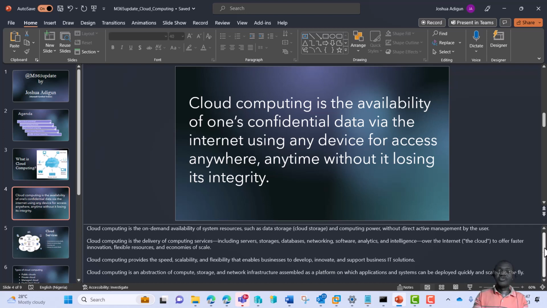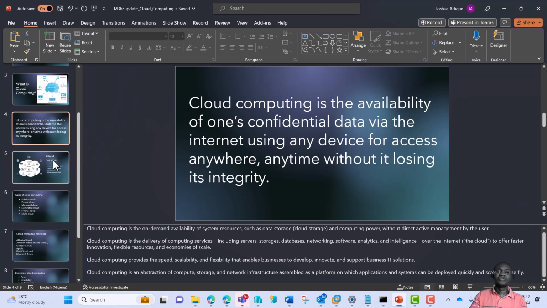However, if you are not able to access your confidential data, then it means cloud computing has been defeated, right? So cloud computing is the availability of one's confidential data via the internet using any device for access anywhere, anytime, without it losing its integrity.